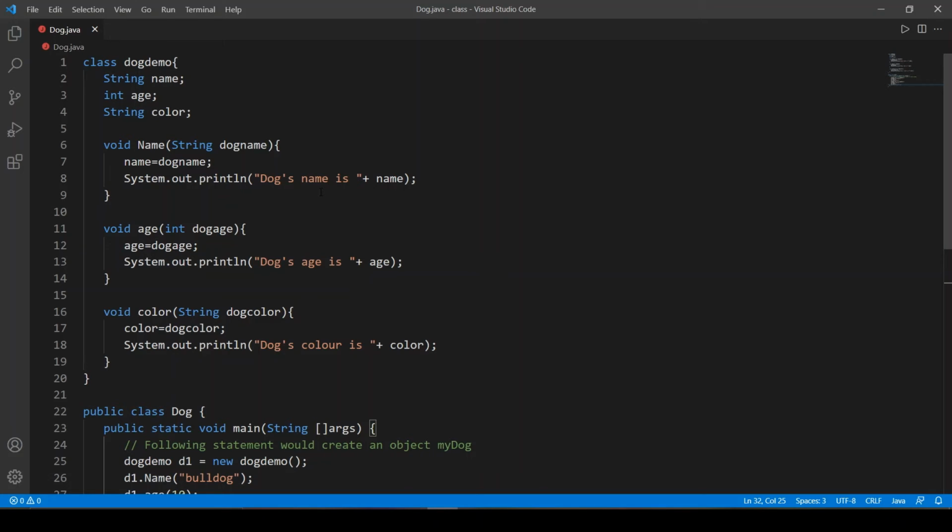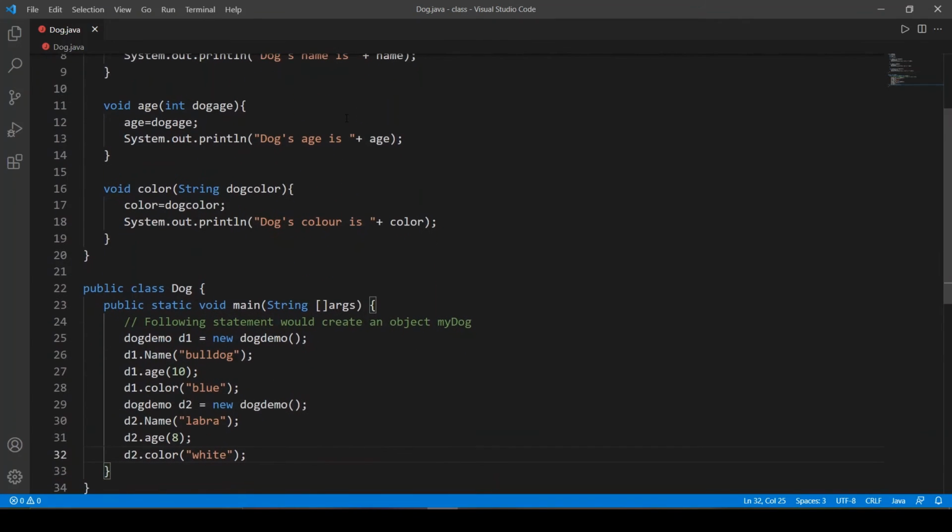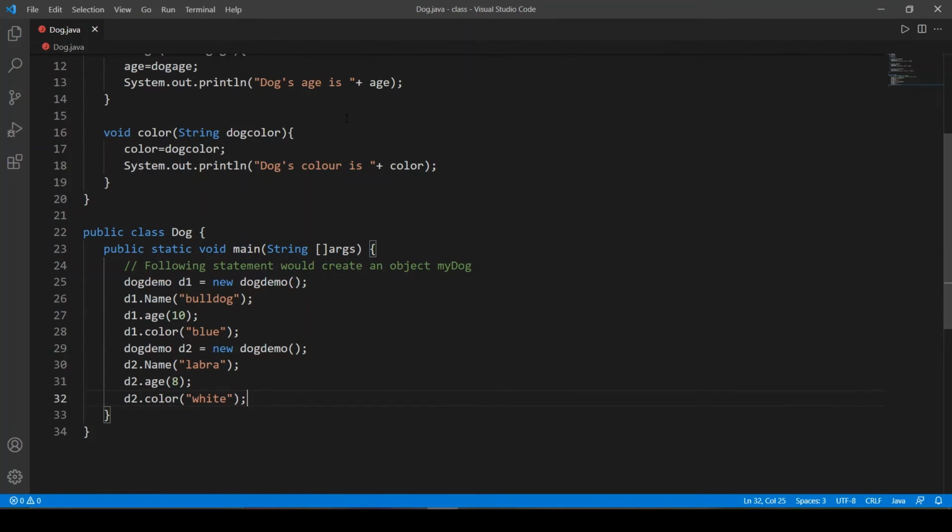And using that object, you will be able to get access to these methods of the DogDemo class. Okay, so now we are good to go, and we can actually make objects.